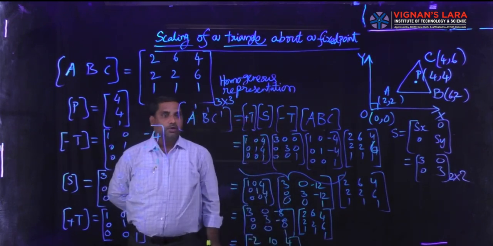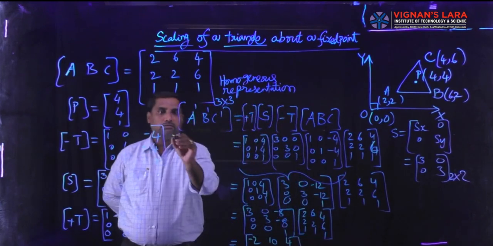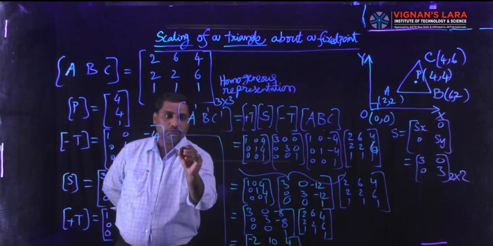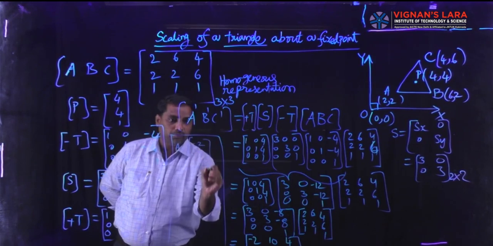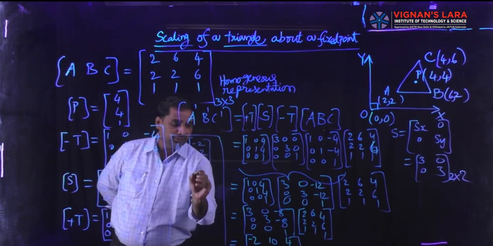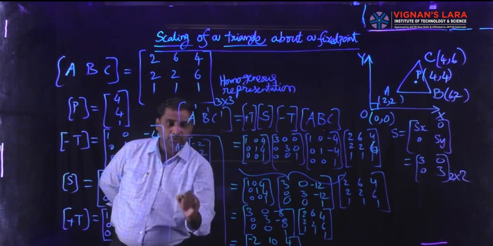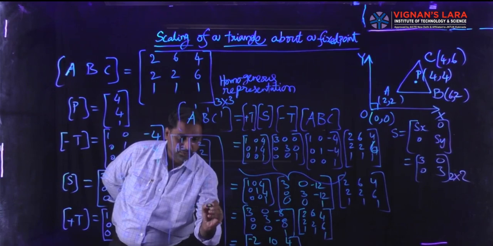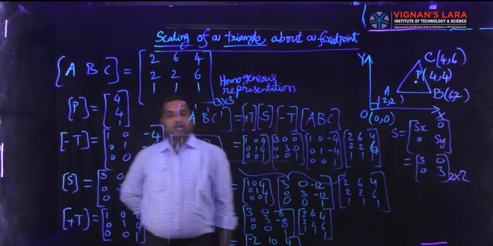So in the end, what is A? In the end you will have A equal to the vertical matrix, that is minus 2, 10, 1. What about B? B is 10, minus 2, 1. Next what about C dash? C dash is nothing but 4 10 1. Now we have the answers.